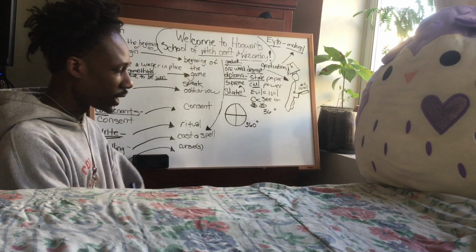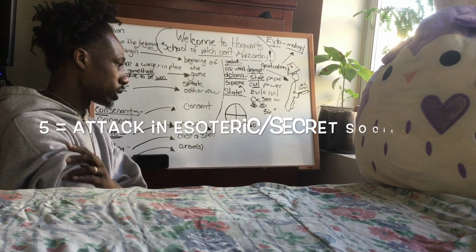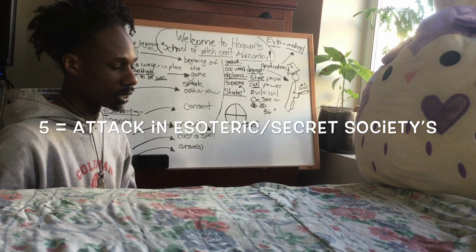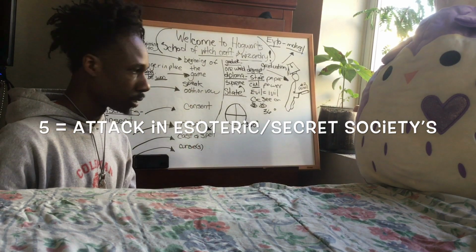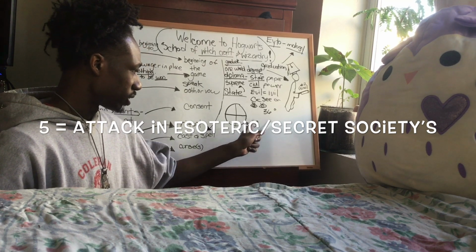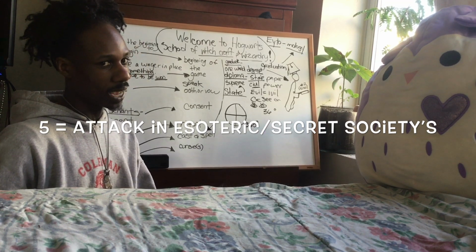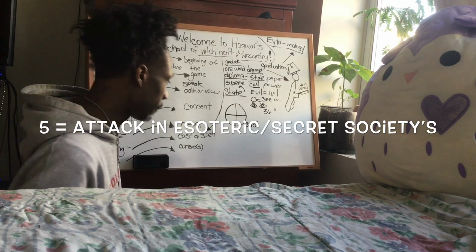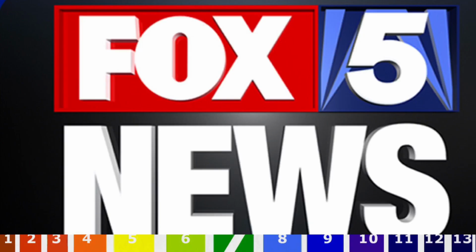They added in those 5 days for a reason. Because once you start studying, you understand that 5 means to attack in the so-called esoteric meaning. So 365 days of the year means to attack the circle. And who's the circle? You are the circle, okay? And I'm going to explain that in a minute.